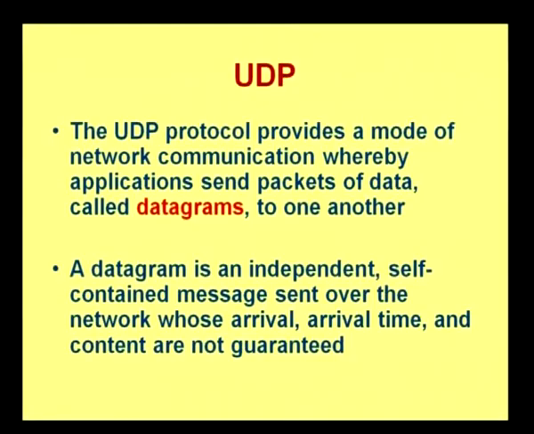The datagram is an independent self-contained message which doesn't have information about arrival time and content, and these are not guaranteed. So, I don't know when that particular packet arrives, and also about the content. As already told, this is not a reliable protocol,